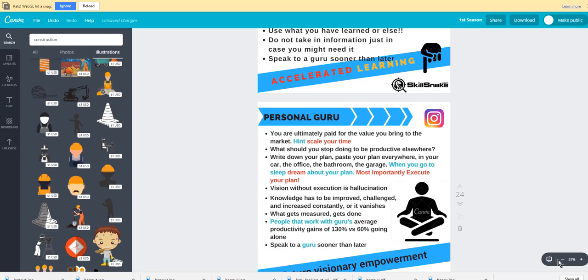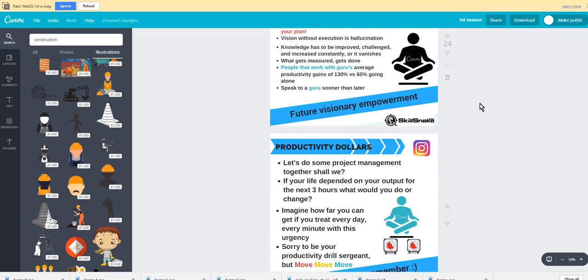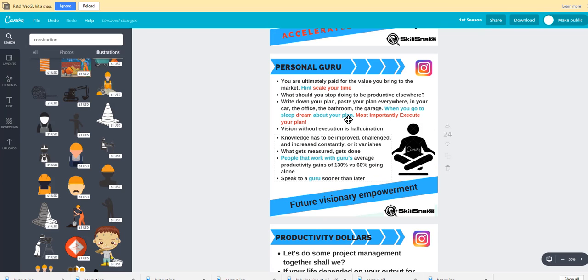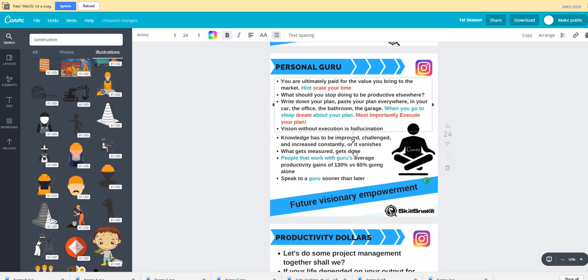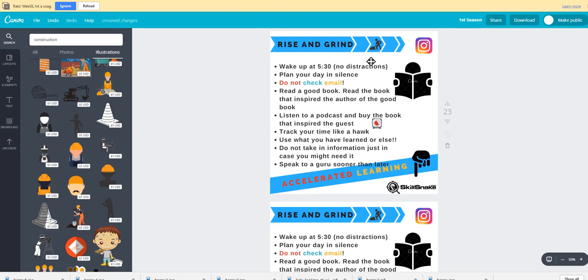So another thing we want to worry about here is you have a template that you're working from. So if today I publish this image to Instagram, what you want to do is use this copy feature here. Select the image that you're on. Then this copy icon appears and you can duplicate the image. So we have our image here. We're going to select copy this page. Then what happens is this page gets copied down below one. So we have Rise and Grind, Rise and Grind,